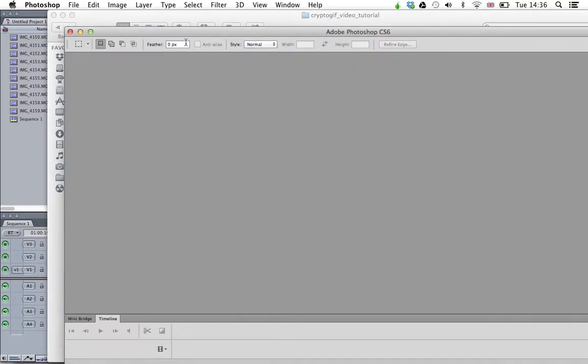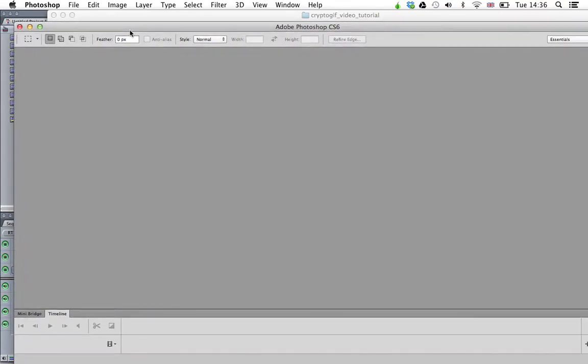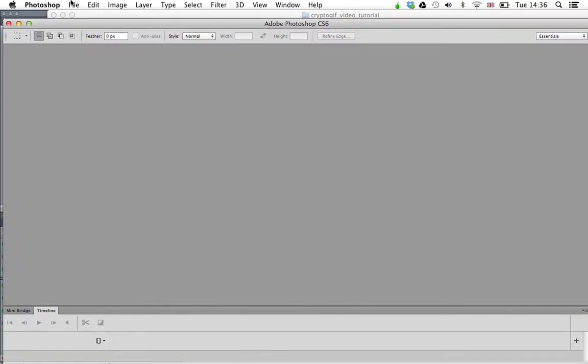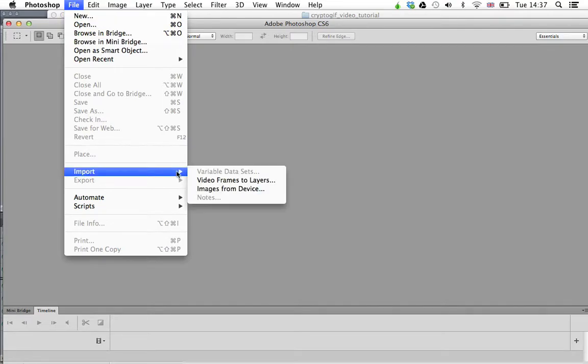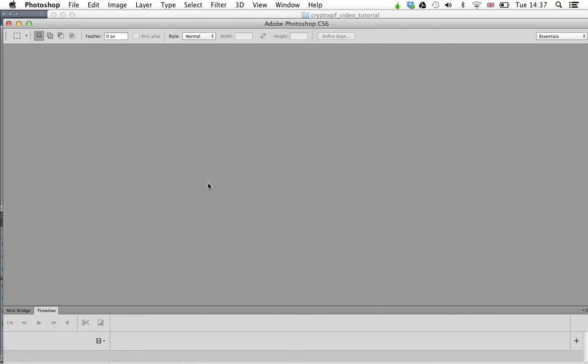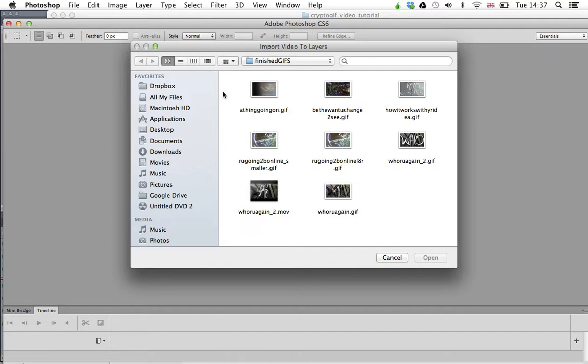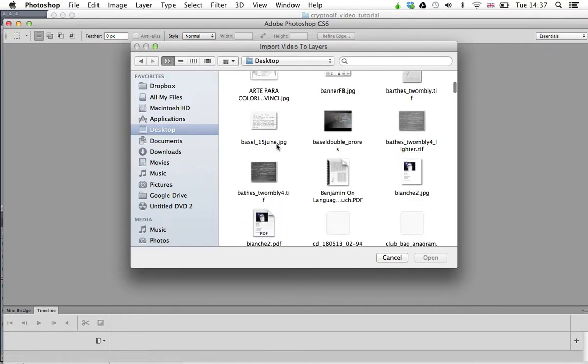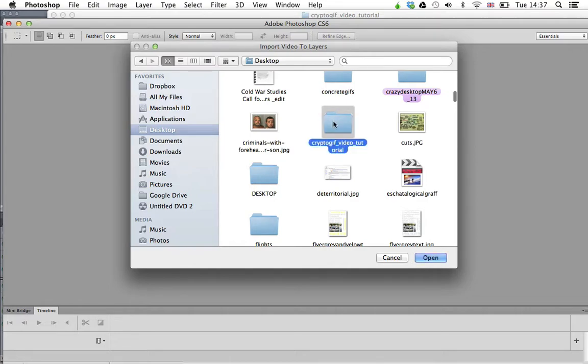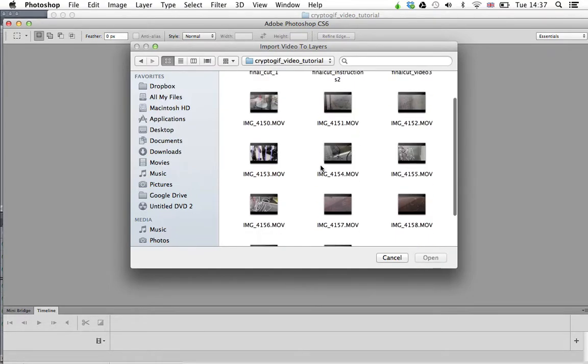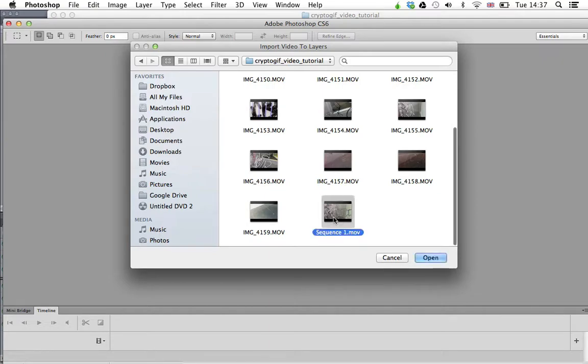So we go ahead and close that, and we're going to open up Photoshop. Let me just go to import here, and we're going to import video frames to layers. That's going to open up this dialog box. Might take a moment. Okay, so here we have, just got to find, okay, so we've located that clip,